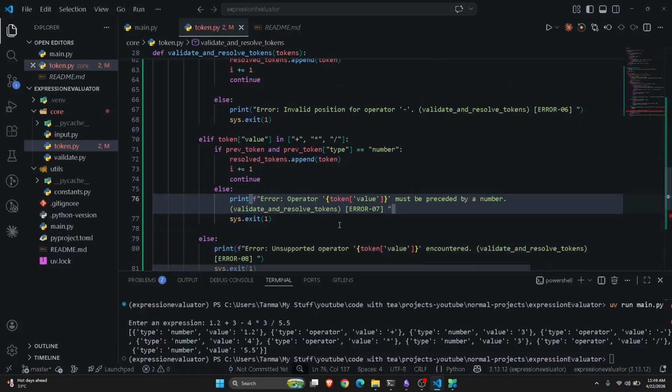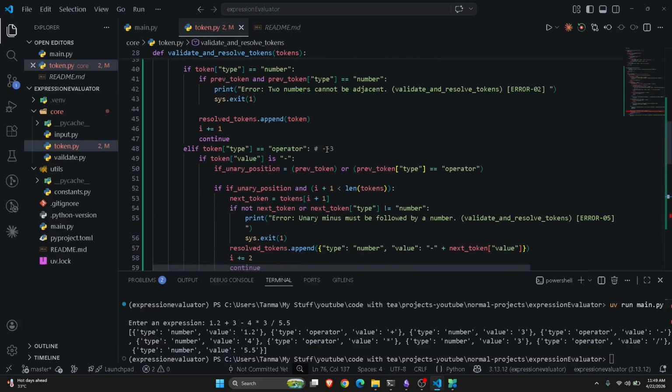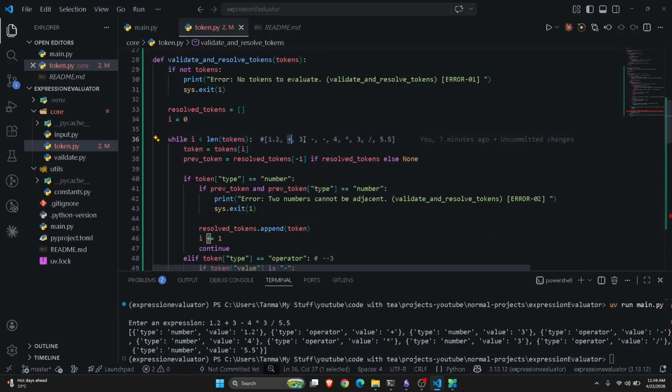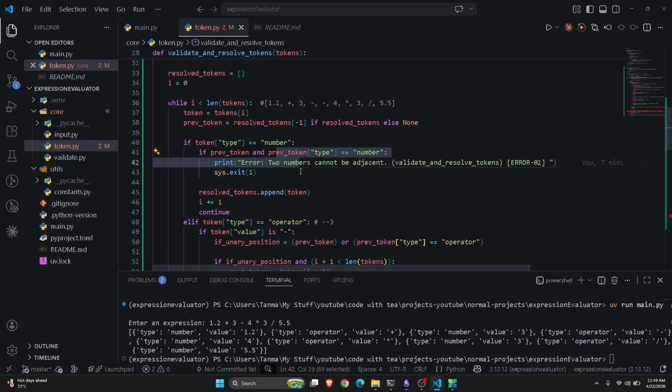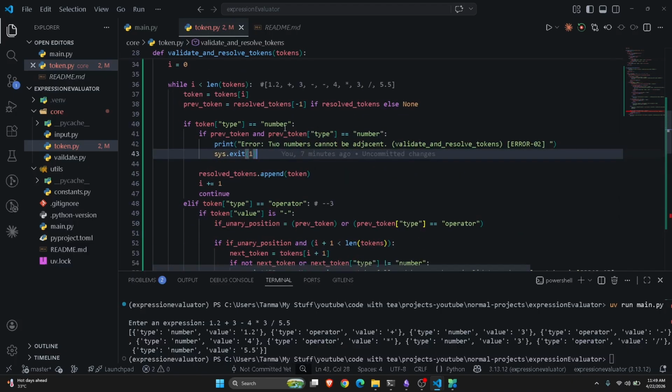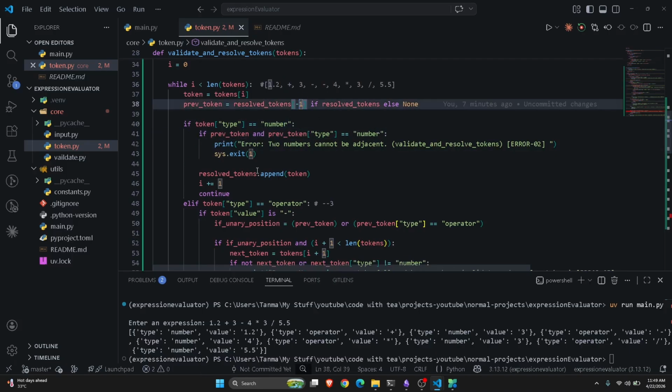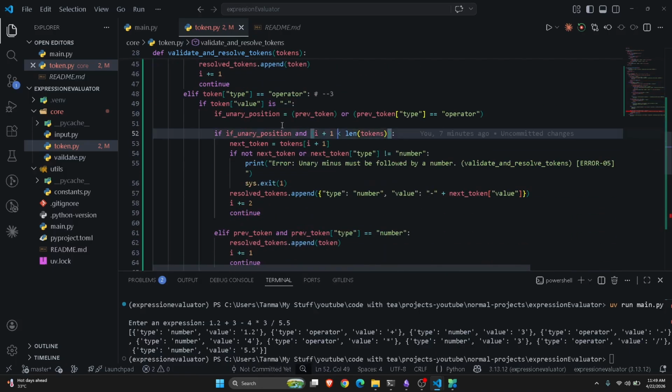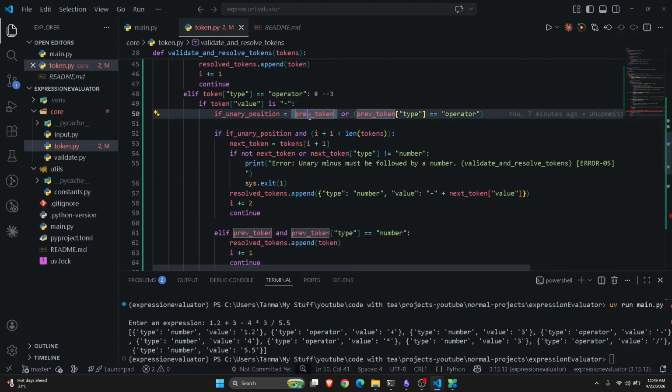So now where were we? After plus we'll have three, which is a number. Again, there is no number behind it, so there is plus behind it in result tokens. So we'll append 3, then we have minus, so minus will come here obviously. So is unary position, previous token is there, or